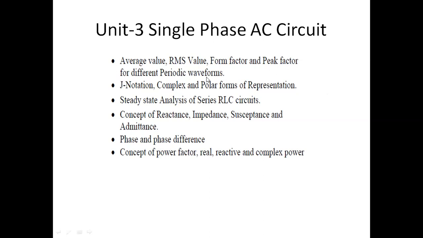If you are dealing with AC circuits, then you have to have some information about what terms are related to AC. Suppose you have an AC source, A sine omega t. You have to have some idea of what the average value of that waveform will be. Suppose you have some periodic waveform, then how we can calculate the average value, the RMS value, the form factor, the peak factor, and you need some idea about different periodic